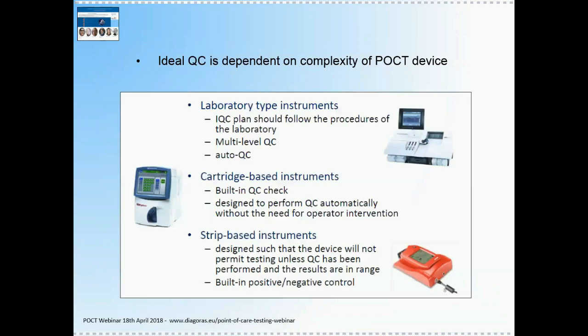Now, quality control testing is usually performed using samples. These can be blind samples of known concentrations of analyte. As can be seen in the figure here, ideal quality control protocols may vary depending on the complexity of the POCT device. And POCT developers really should build some kind of automated QC check into their devices. In practice, however, this may be rather difficult to achieve unless, for example, the device is programmed to alert the user that it's now time to perform a quality control test.